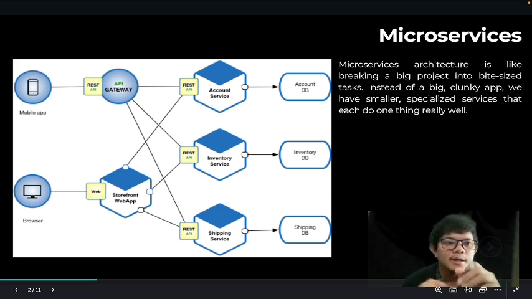You can think of it like an office where each person has one job. Some take care of sales, others handle payment, and someone is always on coffee duty. Just kidding. And this makes it easier to develop, test, and deploy each service independently, without everyone stepping on each other's toes.